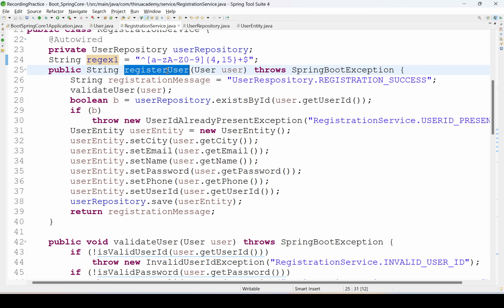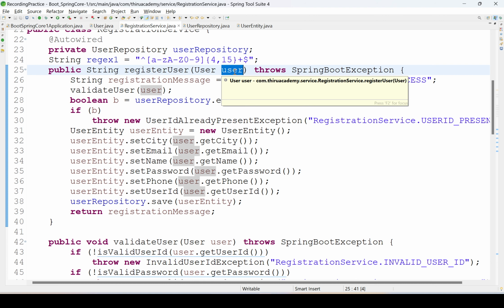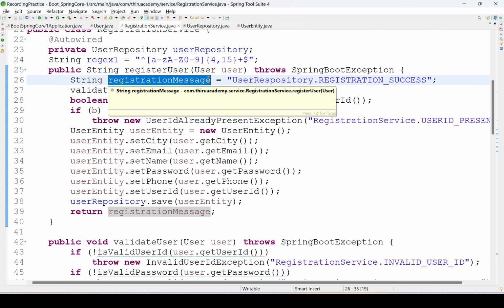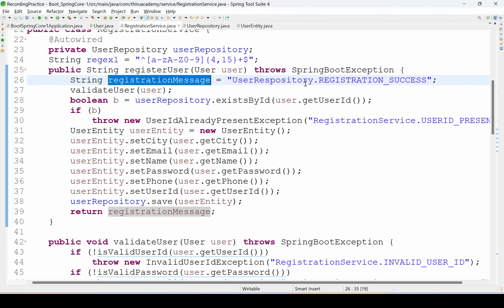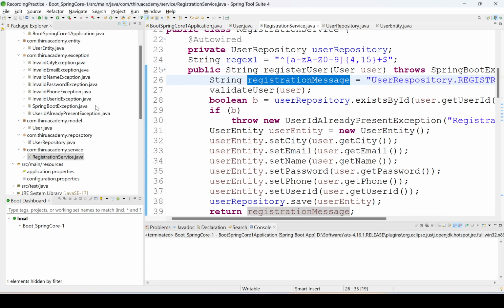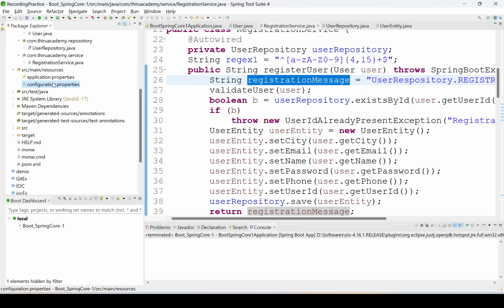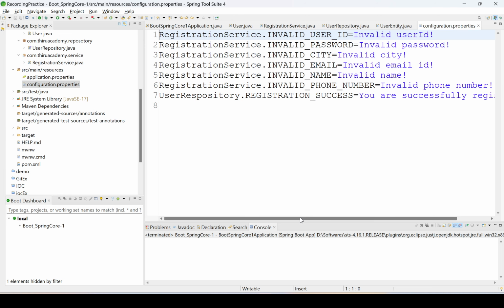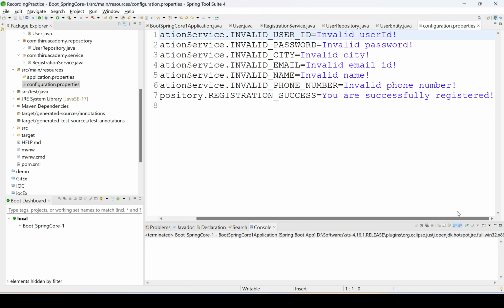Yeah, register user, this method we are calling. Okay, we already have the user model object with details. Here the registration message we are calling from the properties file, right? User repository dot registration success. This is the key we have provided in the configuration dot properties file. In this property file we have provided user repository dot registration success, "You are successfully registered." That message we need to return